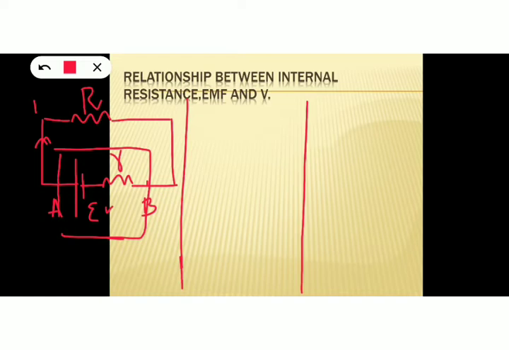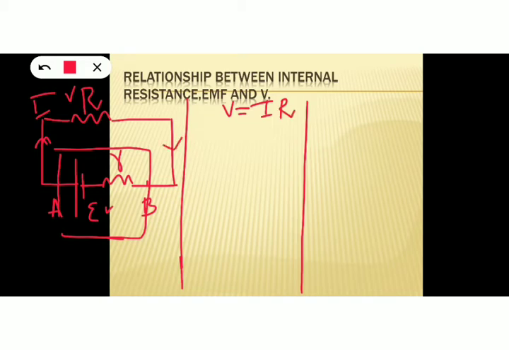Okay. Now, what do you mean by EMF? EMF is the maximum potential difference in an open circuit. When the circuit is open, no current flows through the circuit. And the potential difference measured at that time will be the maximum potential difference, and that is EMF. Okay, so here what are the total potential differences? When current I flows through the circuit, two potential differences are observed. When current I flows through the external resistance R, there will be a potential drop, and that potential drop is V equal to IR. By Ohm's law, V is equal to IR.